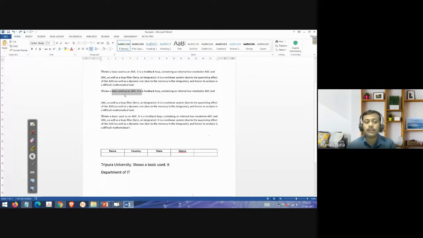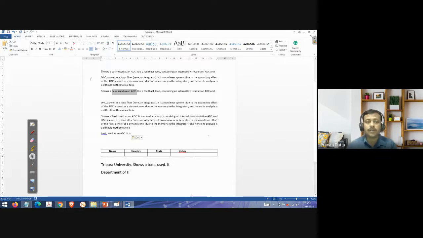Now, if you see the difference between cut and copy, if I just copy and paste it here, the text which is here is also present in the original location.